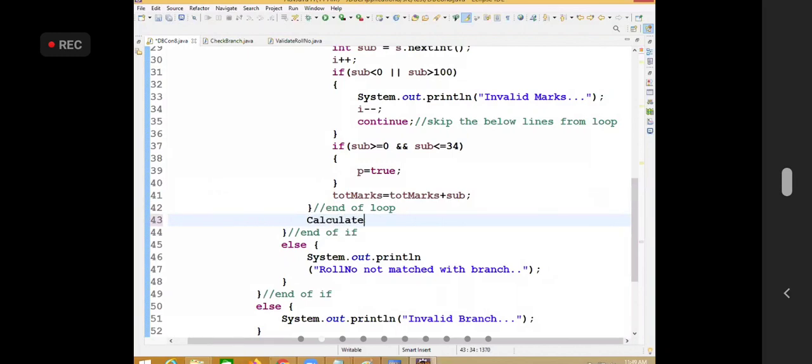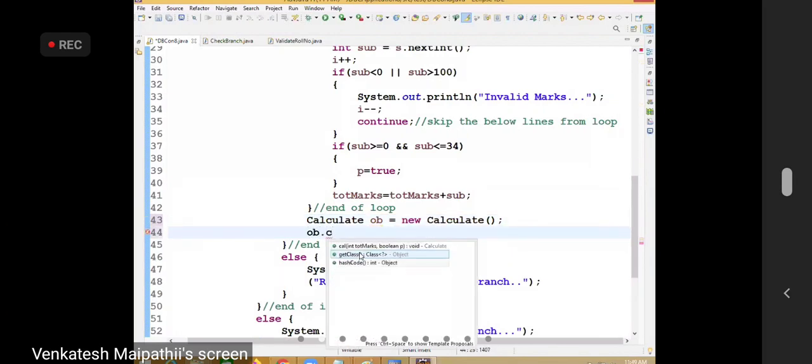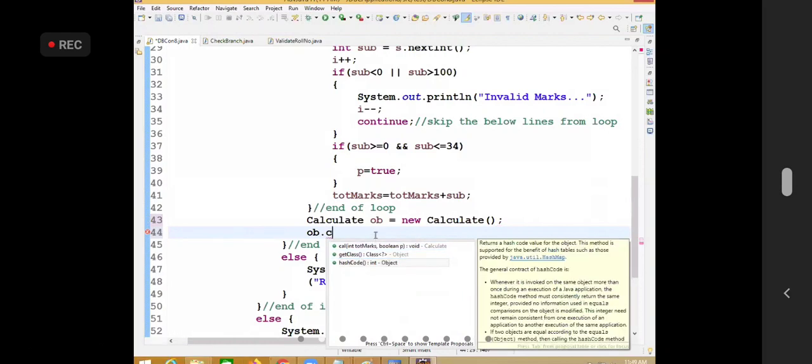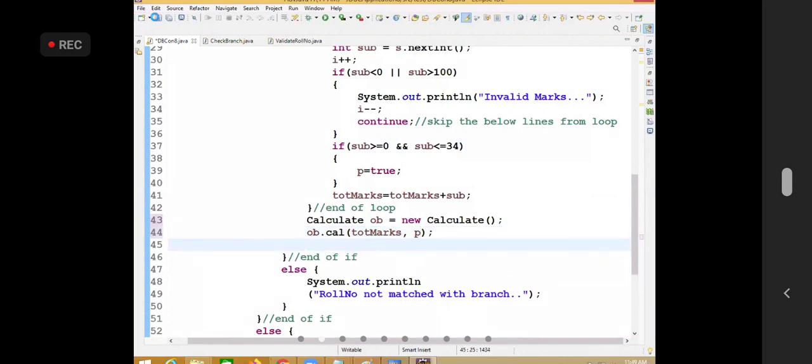Calculate sum OB is equal to new calculate. Call that method OB dot calculate of total marks with P. The calculation is ended. Now the calculation came means total marks came anyway.